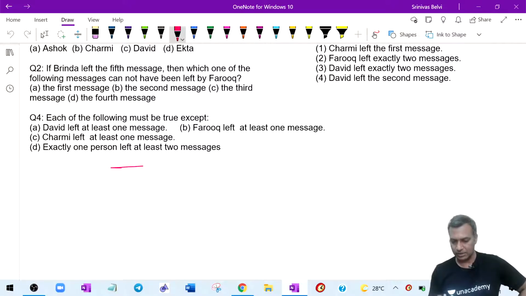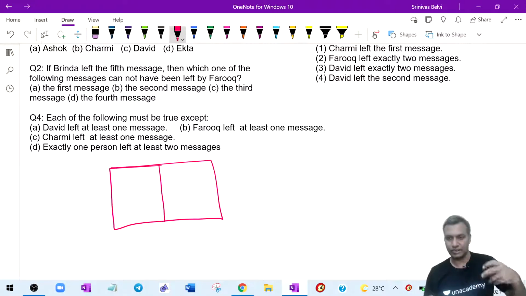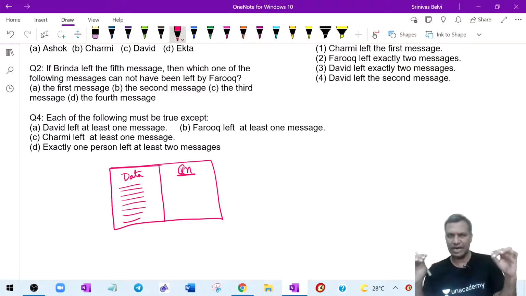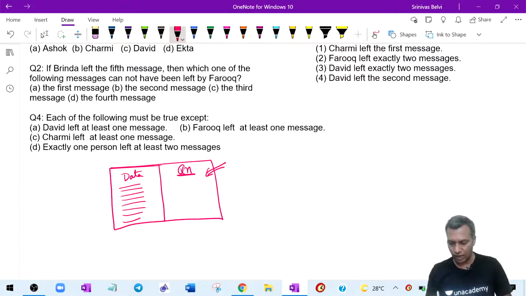What happens in today's world, because of the interface and the online nature of the exams, is that you get the data on this particular side: statement 1, statement 2, all this data. Your questions are on the other side of the platform. This is how the interface of CAT and most exams has been. Now this will make us short-sighted. We see only one question at a time. Only the first question will be there, and we believe that is the moment of truth. And we will try to see the entire data from one question's perspective.